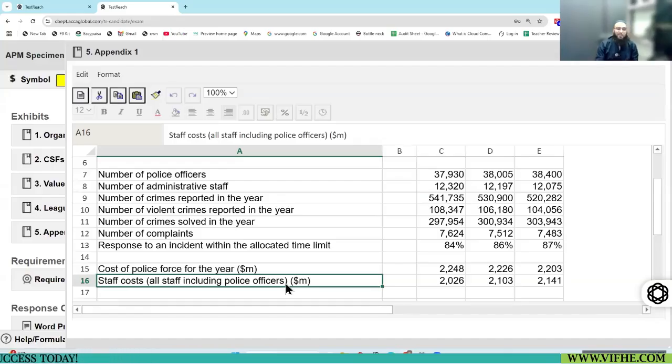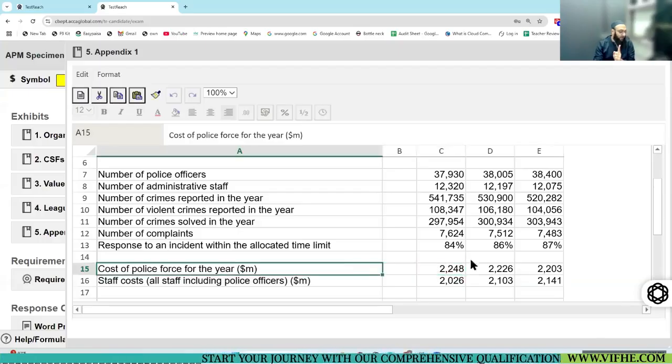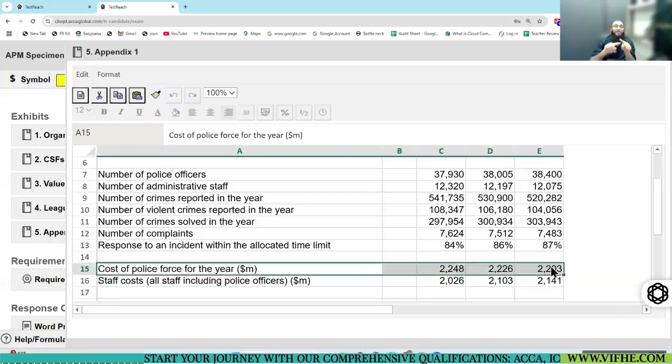This staff cost includes police officer cost, but this staff cost does not indicate the salary of the police. And please don't say police salary is here. This is not police salary. This is the cost of police force.